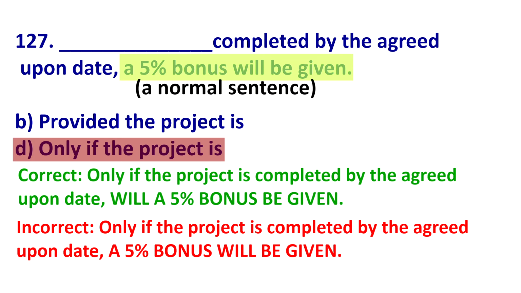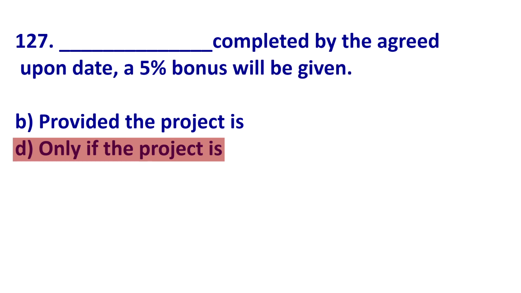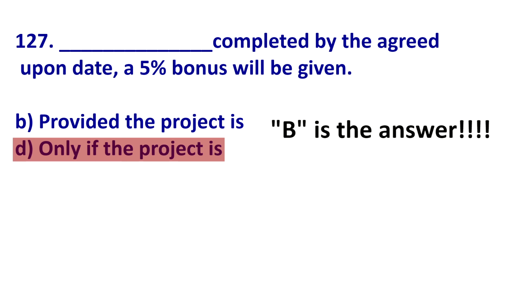So, because the main clause here is not inverted, it does not say, will a 5% bonus be given? It does not say that. So I know only if the project is wrong. So what is the answer? B. Provided